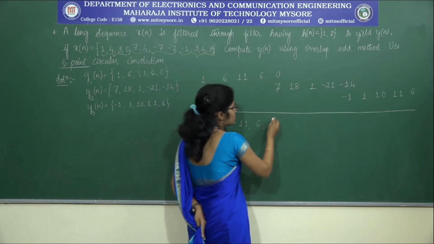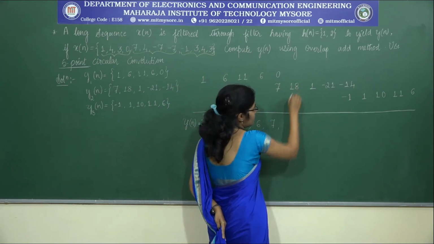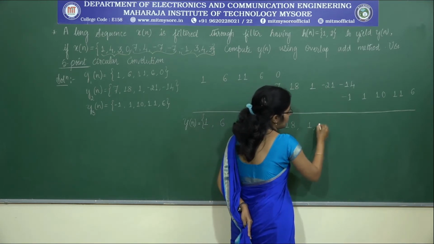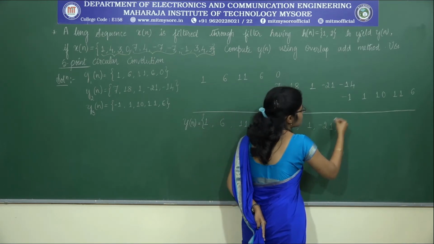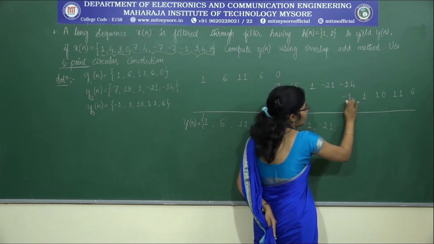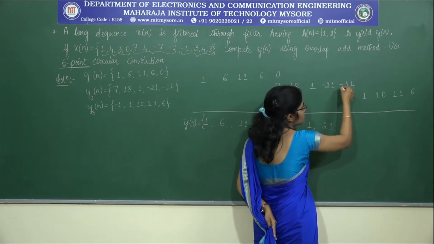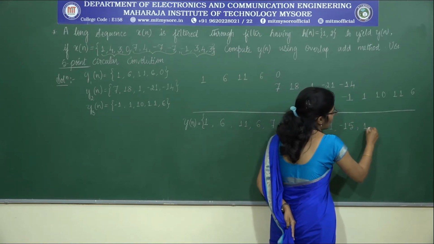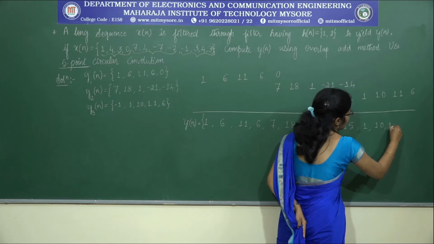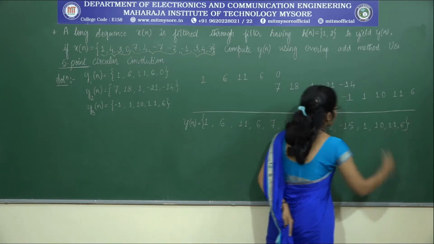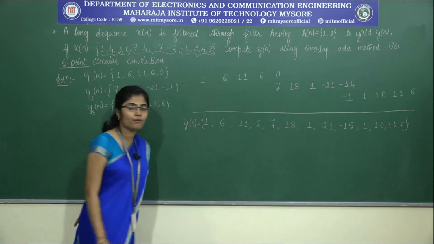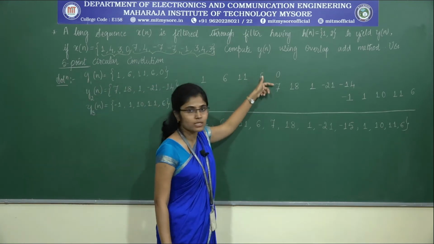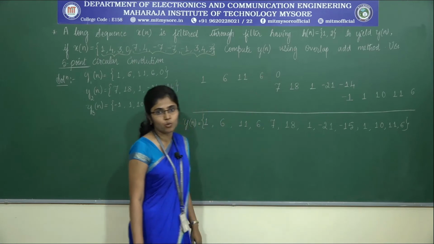So if I add 0 with 7, we get 7. Again write 18 as it is, write 1 as it is, write minus 21 as it is. So these two samples are overlapped. Now add these two samples, that is minus 14 minus 1 is minus 15, then 1, 10, 11 and 6. So this is nothing but your y of n. So what we did, we overlapped the samples, m minus 1 samples, and we added, so the name overlap add